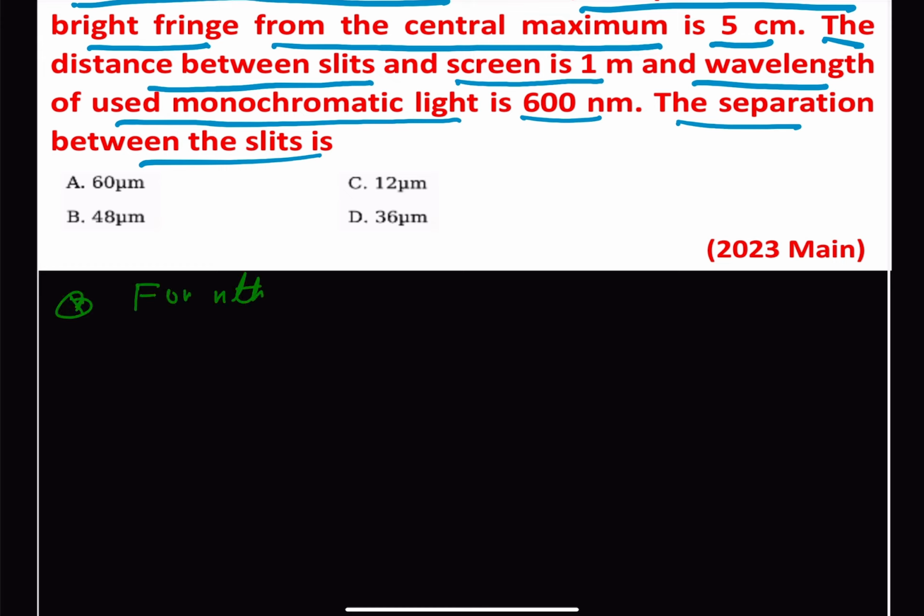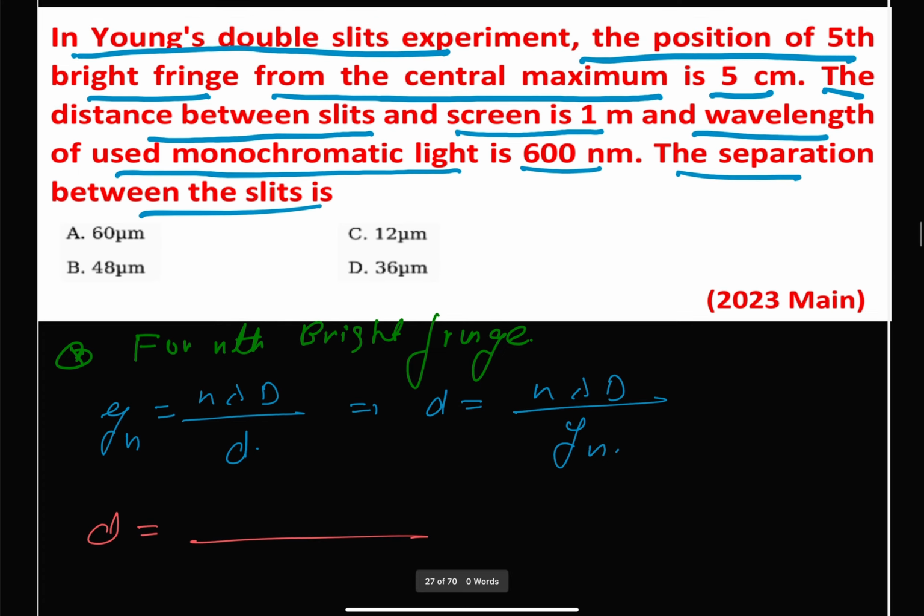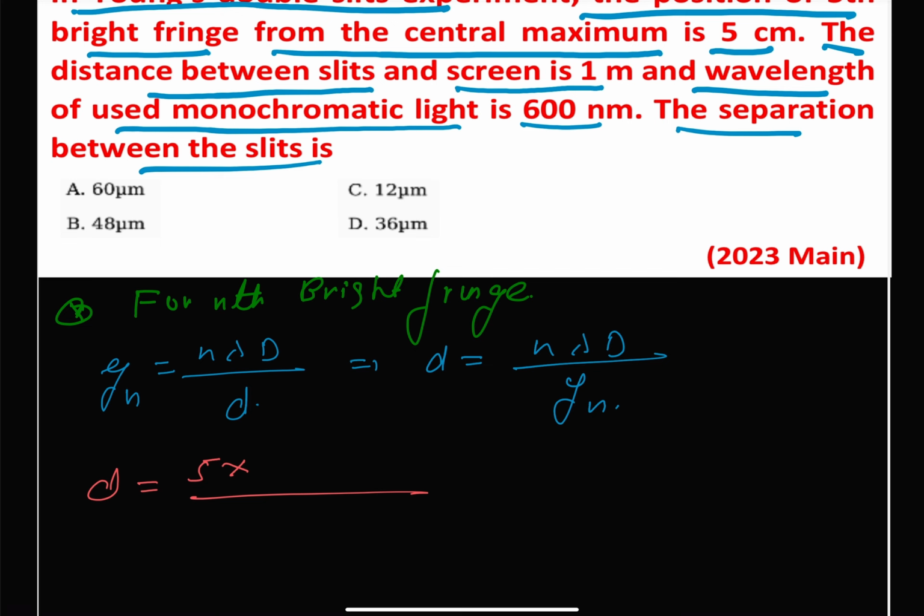the relationship is y of n is equal to n lambda D upon small d, and we need to find out here small d, so we can write small d is equal to n lambda capital D divided by y of n, and we know all these values, we simply substitute them, we get d is equal to n is our fifth, lambda is given as 600 nanometers, D is 1, and y of n is given to us as 5 centimeter, 10 to the power minus 2,